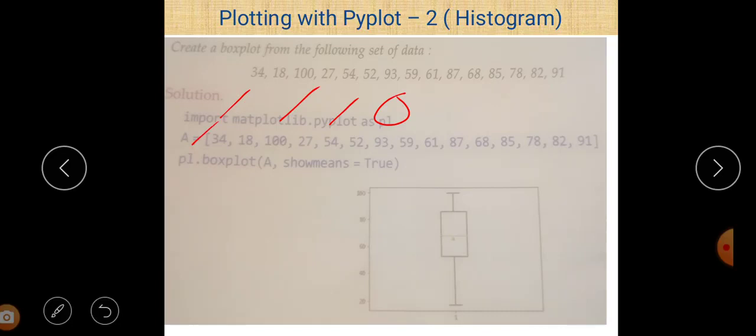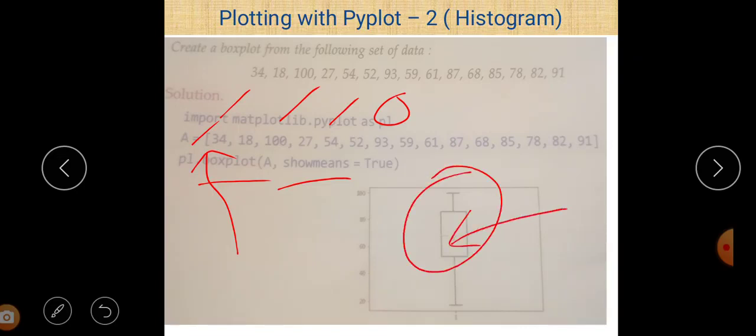And then we just write box plot is equal to a, show mean is equal to true. So we just create a data box plot here, and we take 2 parameters: value a, which is compulsory, and show mean is equal to true, to find out the mean of that box plot. You can easily see that show mean is equal to true means that point will be shown. If we give show mean is equal to false, the mean will not be visible.